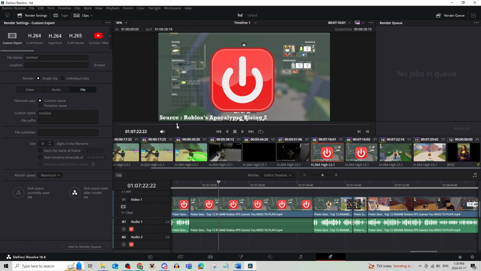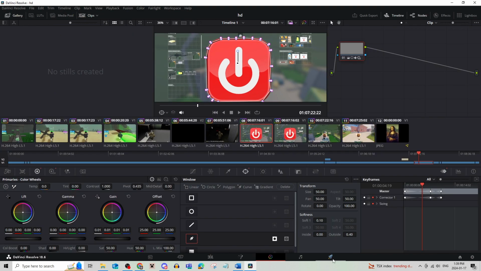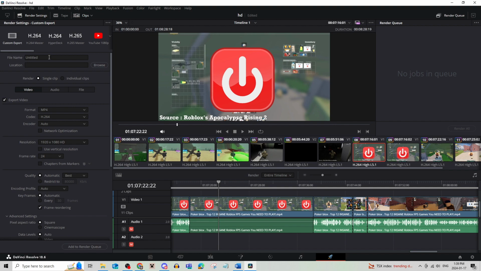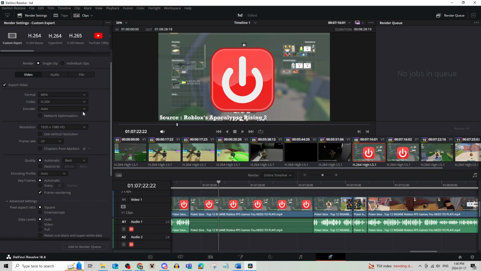Now, if you want to export a video, all you're going to need to do is go down here and click the rocket ship. It's going to open a bunch of rendering settings, and first you're going to need to name your file. Next, you can also change where it goes on your computer by clicking Browse and choosing the separate location. And for the format, it is all under preference, but I do recommend you go for MP4 H.264